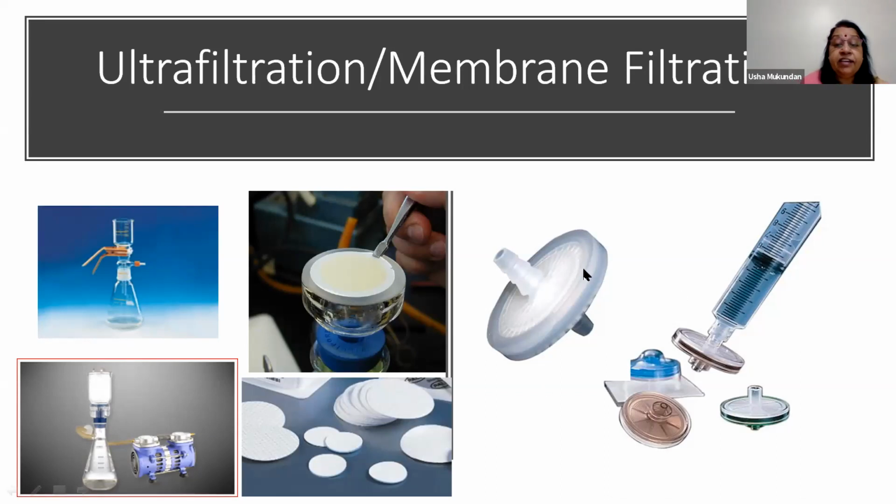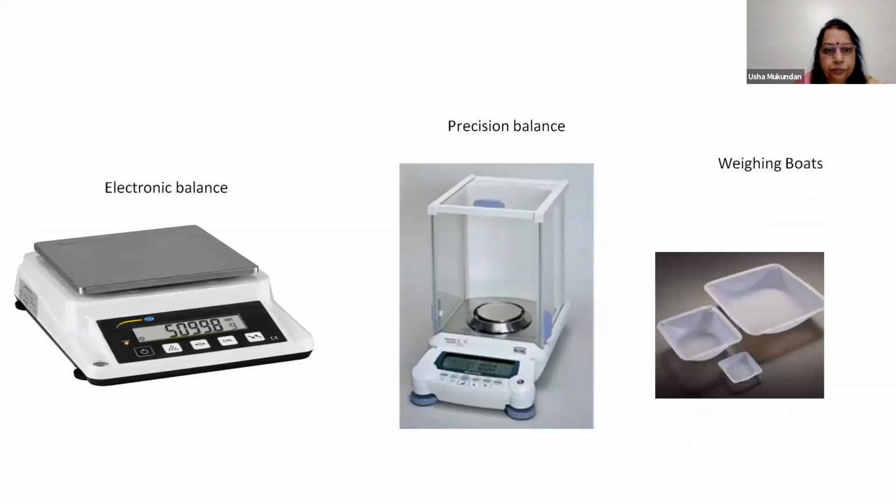Now similar filters, these are large ones, are known as air filters. So you can also filter air so that you get filter sterilized air, and this is used when you are scaling up or in a bioreactor system. So in a bioreactor, for the air inlet, you will be using a filter of this type, and with a large capacity bioreactor, there are larger filters. Nevertheless, the take-home message is they are membrane filters which will filter the particulate matter, and only pyrogen-free air will come out to aerate the contents in the bioreactor.